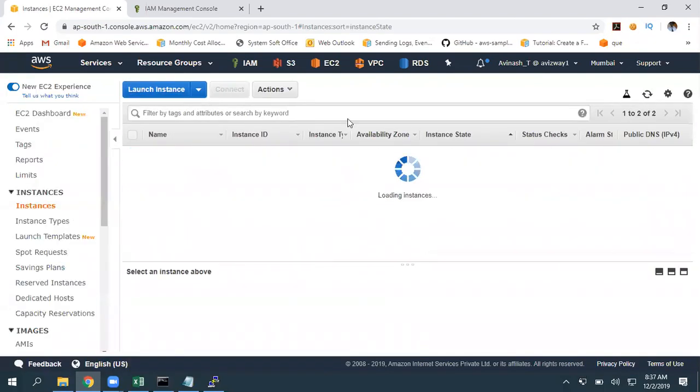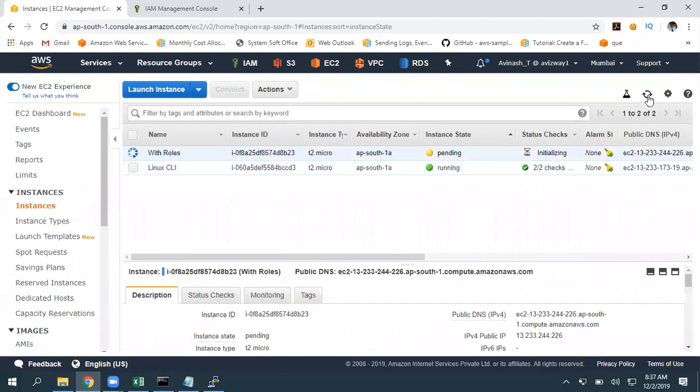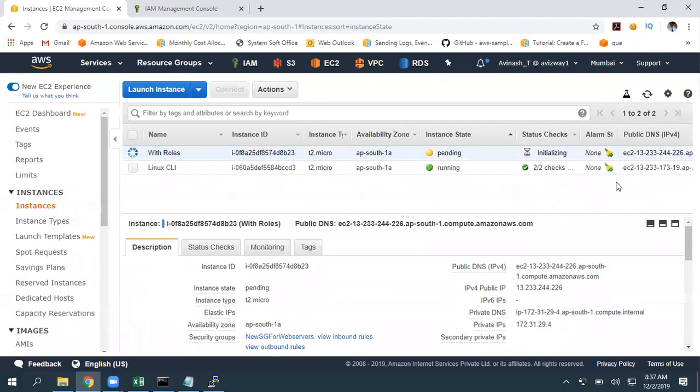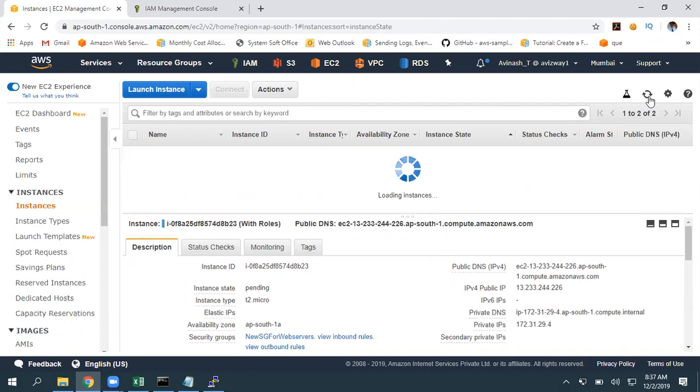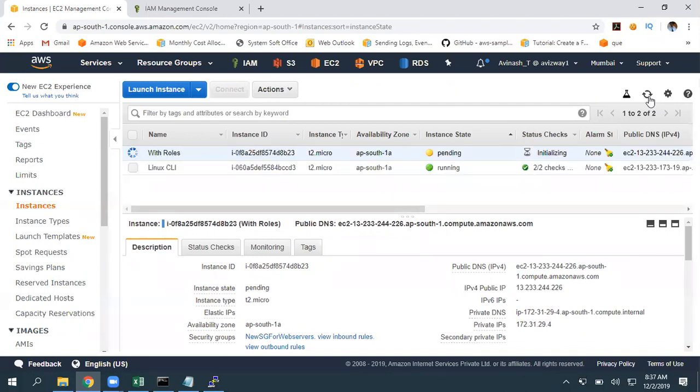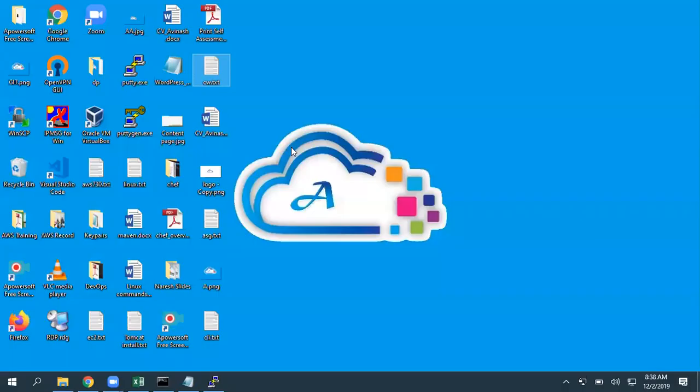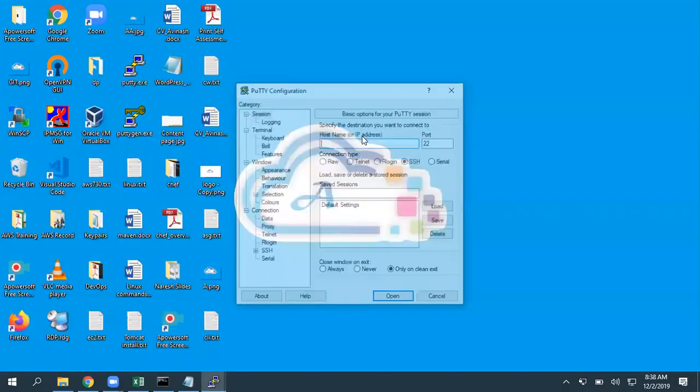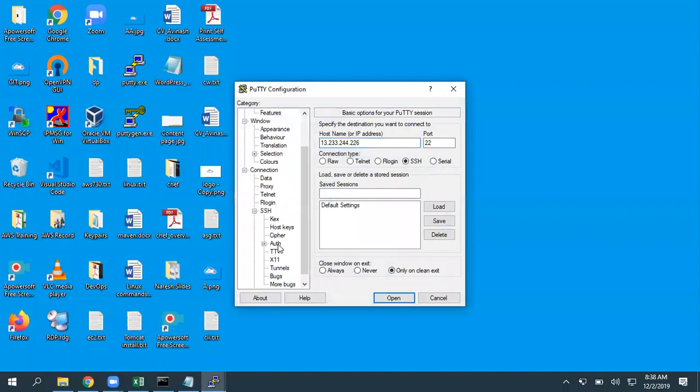Okay, so once this is ready, let's get connected to this machine, and without performing any additional options, let's try to access our S3 resources. Okay, so this instance is with the role, and I'm connecting to that instance.